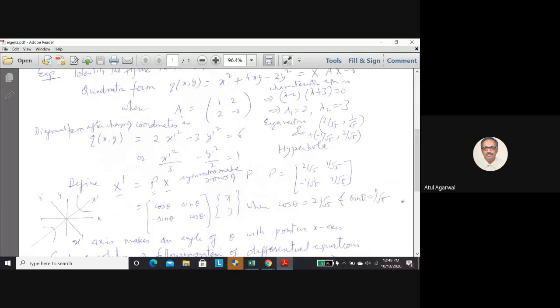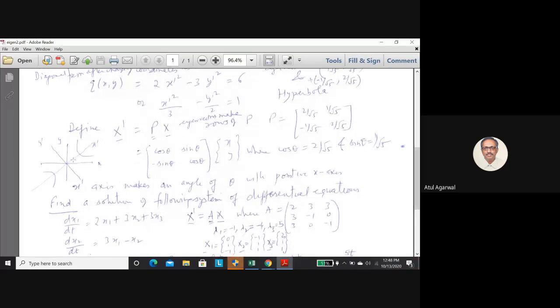Okay. So this P you use, and this was the original xy coordinates, and these will be the new coordinates x prime y prime. So I have shown here the new coordinates x prime y prime. These vectors you can write like cos theta, sin theta, minus sin theta, cos theta. So first row multiplied with this is giving you x prime direction. Second row is giving you y prime direction. So you have transformed the coordinates. So you have got a new coordinate system instead of xy, x prime y prime, given by this transformation. Okay.